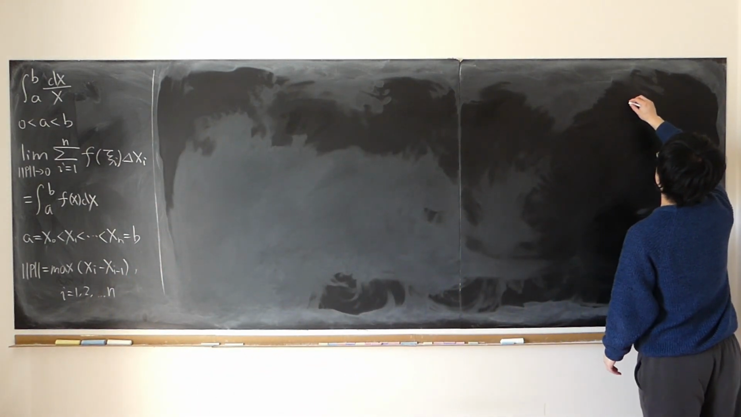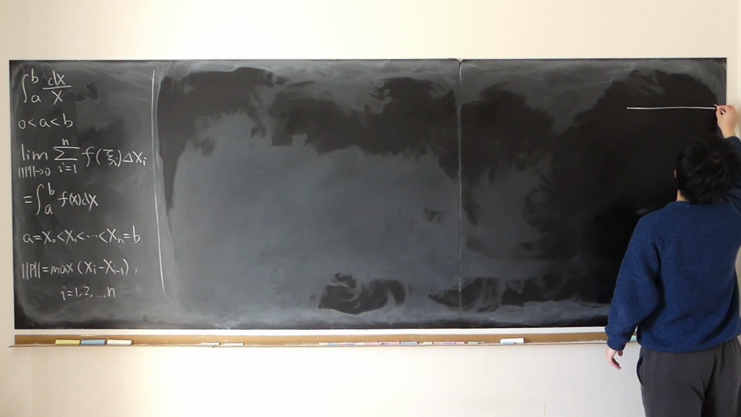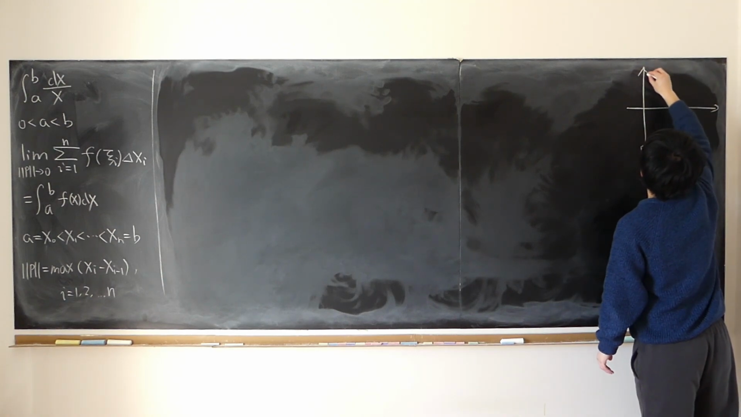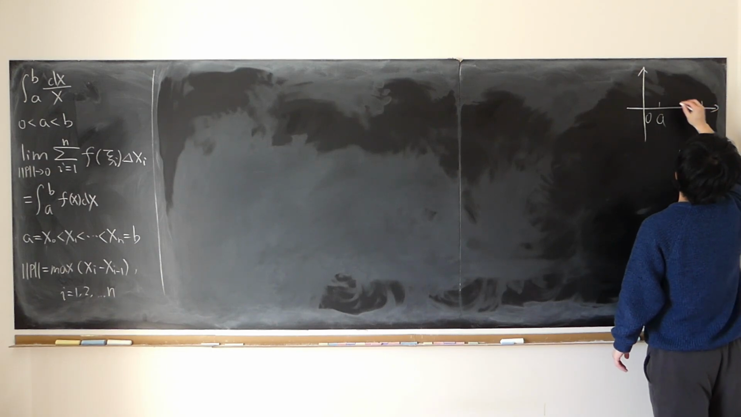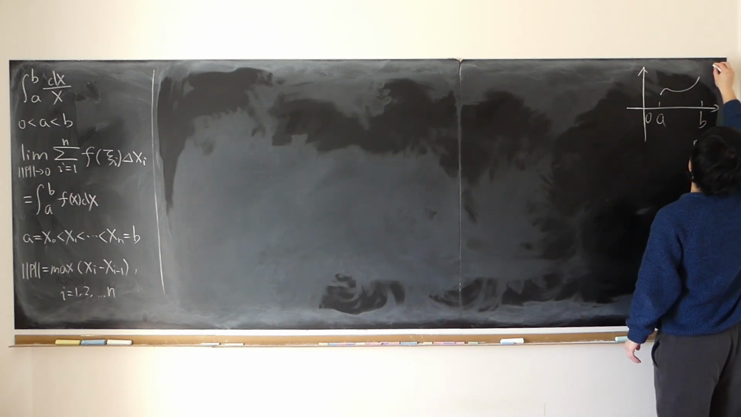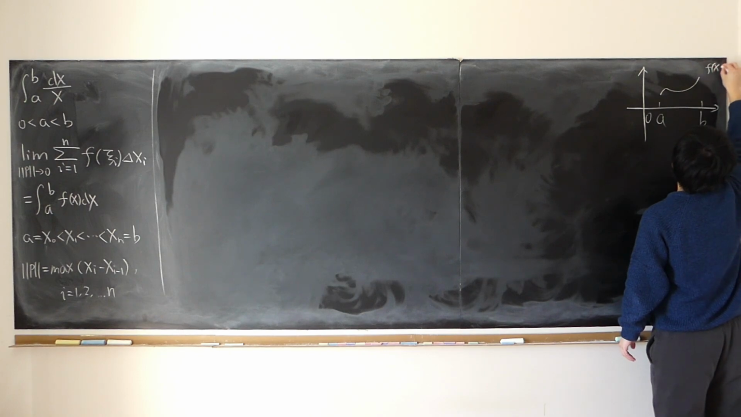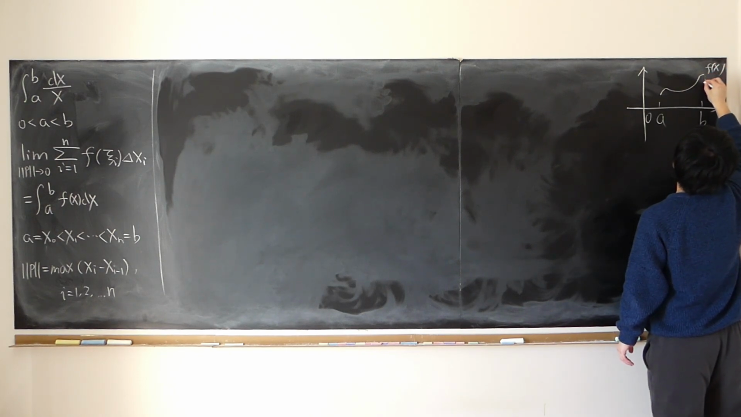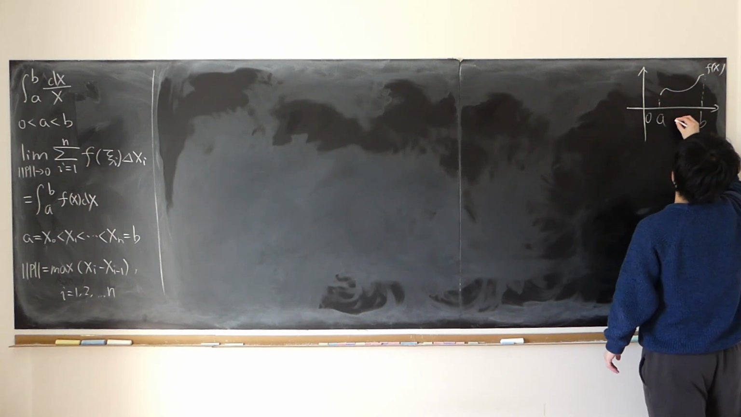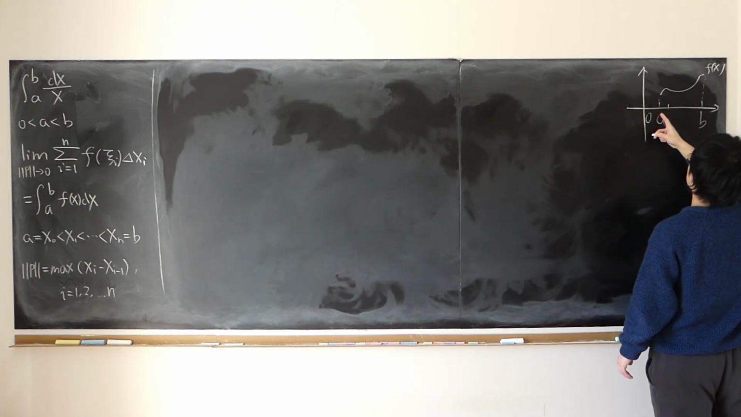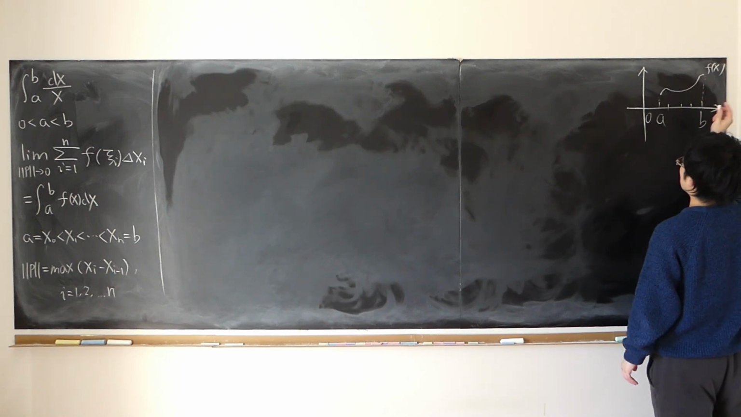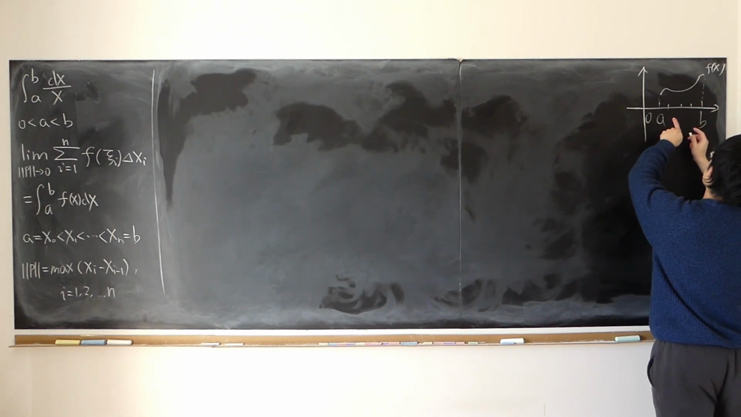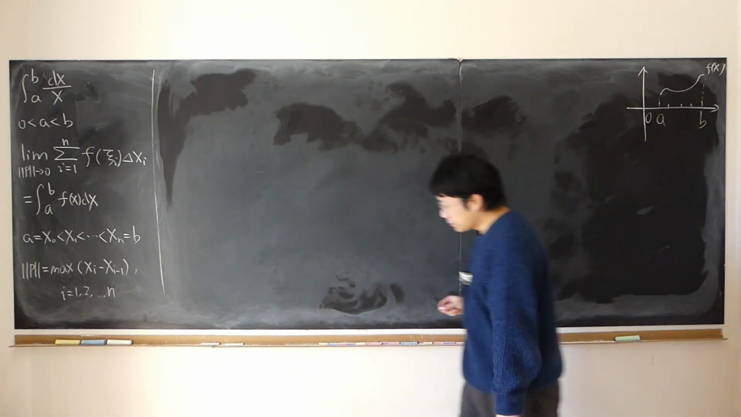So here we have the partition, from a to b. That's my f of x here, perhaps like this. Here we have a partition: x0 is a, x1 here, x2 there, perhaps x3, and so on and so forth. So the p modulo,